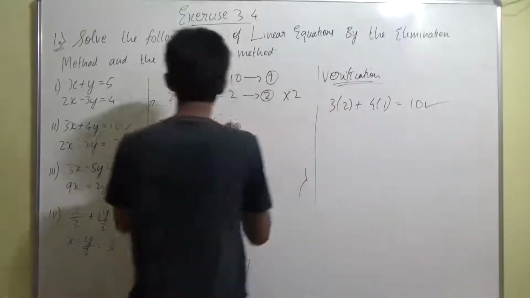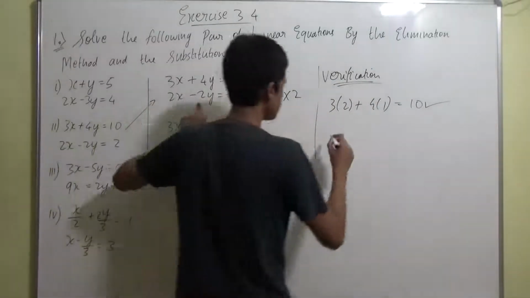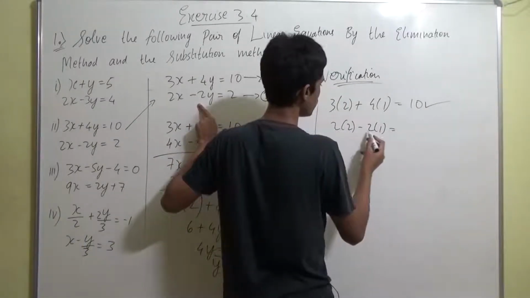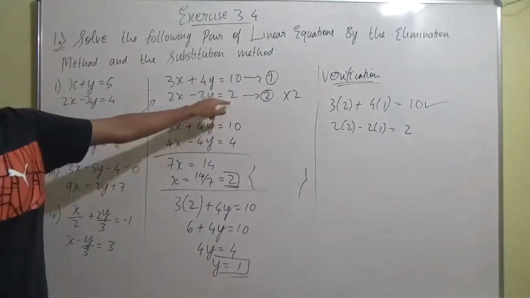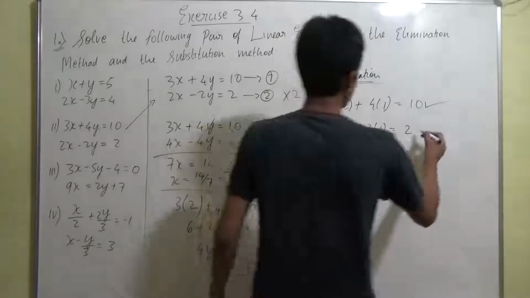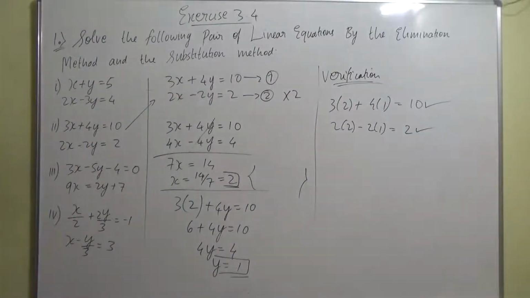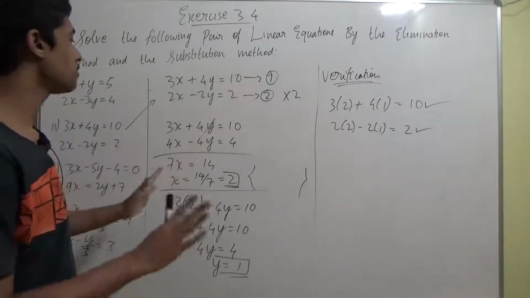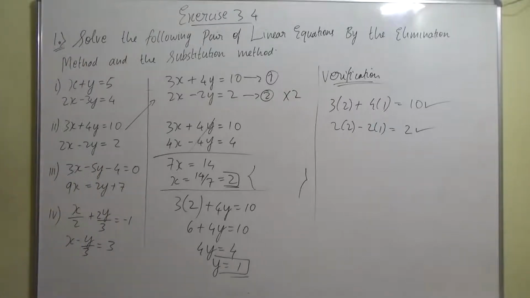Right. With the second equation also, let's verify it. In place of x you are going to put 2 and in place of y you are going to put 1. 2 into 2 minus 2 into 1, which is nothing but 4 minus 2, equal to 2. Here if you see, you are going to get in RHS also 2, which means the second equation is also verified. Verification process is over. Done. So it's absolutely correct. So the second sub question we did with the elimination method. So I'll move aside. Now you can take the screenshot, guys. The same question now we are going to do with the substitution method.